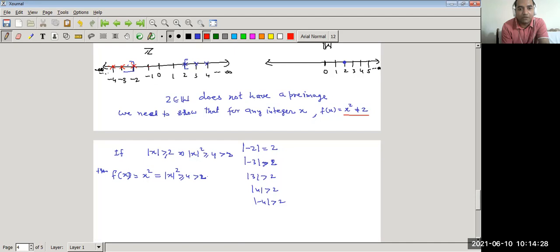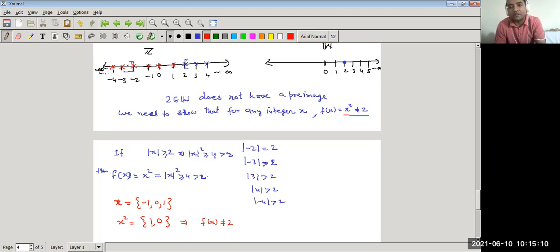अब कौन से नंबर बचे डोमेन में? डोमेन में बचे x is equal to -1, 0 और 1, 3 नंबर बचे। अब इनका स्क्वायर करते हैं, तो -1 का स्क्वायर तो 1 होता है, 0 का स्क्वायर 0 और 1 का स्क्वायर 1, तो हमारे पास तो 2 ही नंबर आ रहे हैं। इसका मतलब ये भी तो 2 के इक्वल नहीं आया। इसका मतलब इस केस में भी f of x that is not equal to 2, it means we can take any integer। हमने हर एक इंटीजर यहाँ से पिक की और देखा कोई भी ऐसी इंटीजर नहीं है